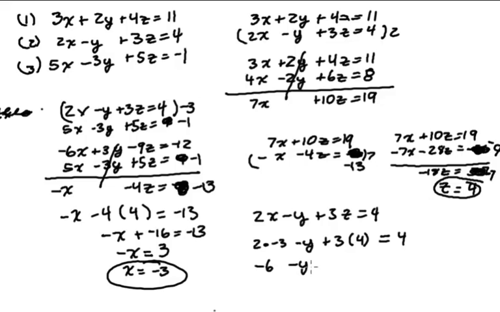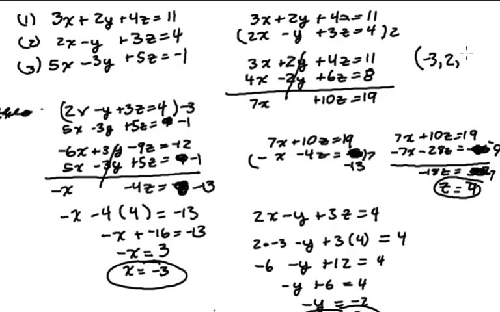Negative 6 minus y plus 12 equals 4. Negative y plus 6 equals 4. Negative y equals negative 2, or y equals 2. So here we have what y is, and so our answer is the ordered triple negative 3, 2, 4. We do it in the order x, y,